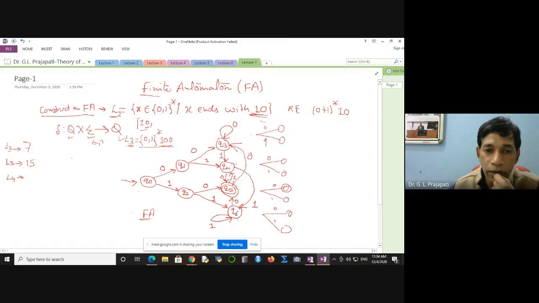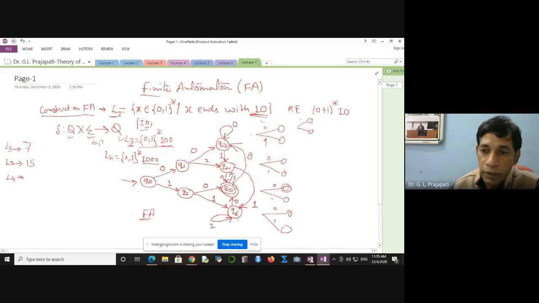Say L4 can be, say, 1 0 0. You need to remember L4. We have, say, (1 0 1) Kleene star, and say 1 0 0. The last 4 symbols are 1 0 0. So what you need to do? Now you have to go one step further, and here 0 0 0, 3 symbols. Now from here you can further go